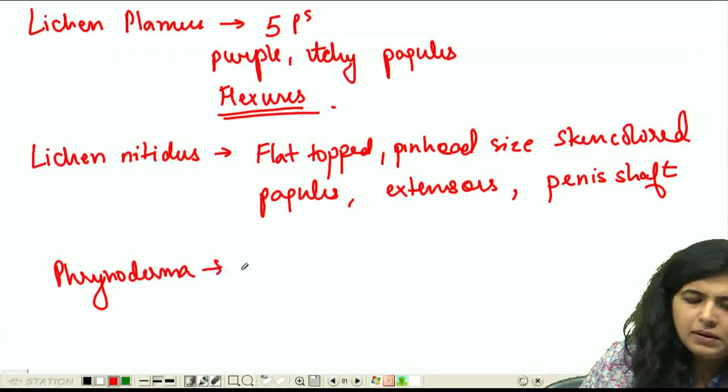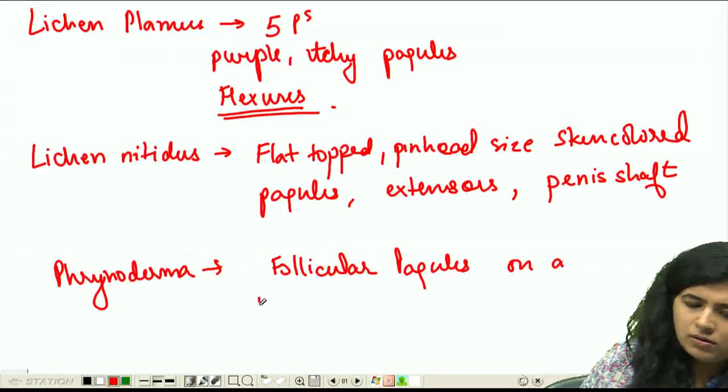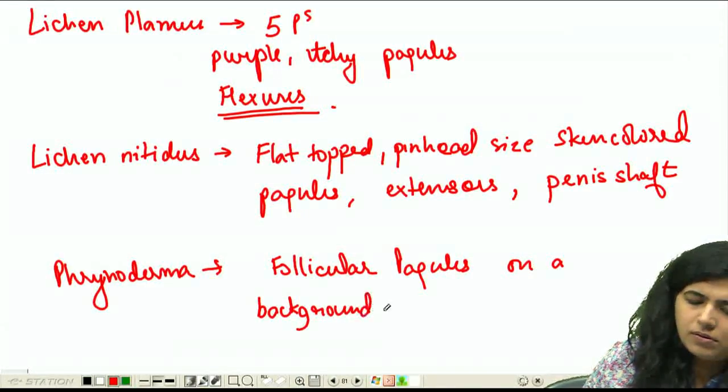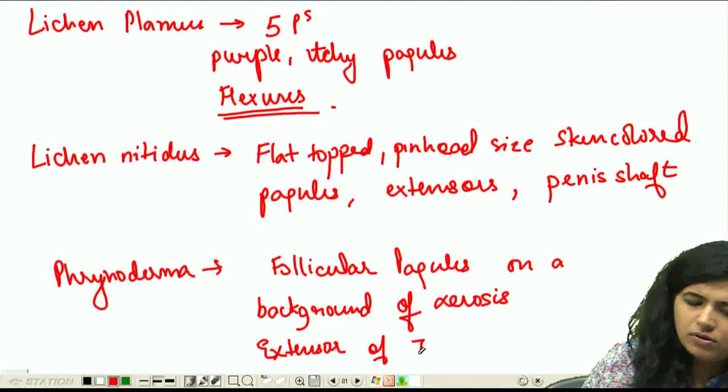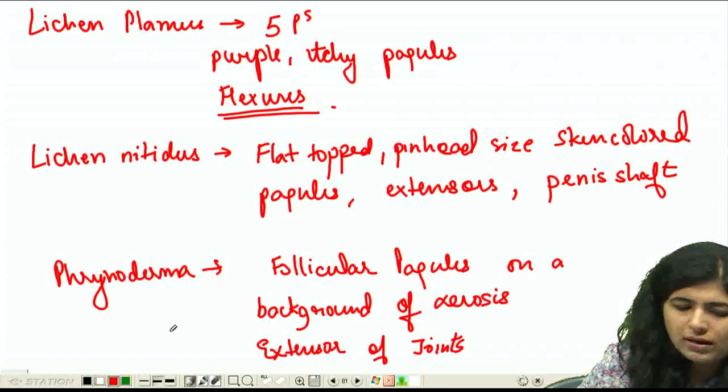Phrenoderma will be multiple follicular papules on a background of xerosis on extensor aspect of joints. So this is how these 3 will look like, and this will be non-itchy,